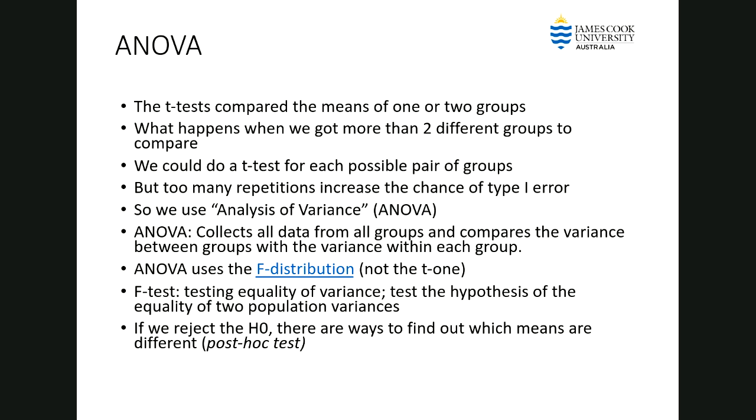If we have 15 groups, 2 to the power 15, how many combinations can you have? It will be very exhaustive, and we will also run into the problem of making Type I error because of the simple assumptions. That's why the t-test is not good for multiple groups, and that's why we need ANOVA, which is a different kind of